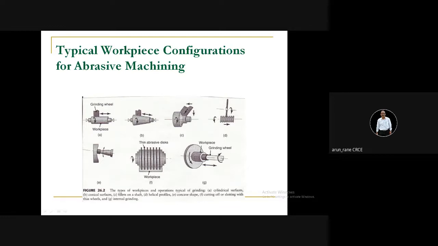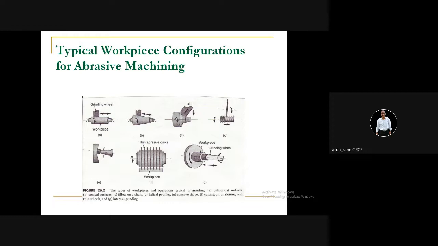This is again a small slit grinding wheel. You have to be very careful when you are using this kind of thin abrasive disc, because it is rotating at very high speeds. Your grinding wheel speed is around 3000 rpm. So even small foreign particles, or a little change in the hardness or feed or speed, can cause the grinding wheel to crack, and these grinding wheels can then fly off.